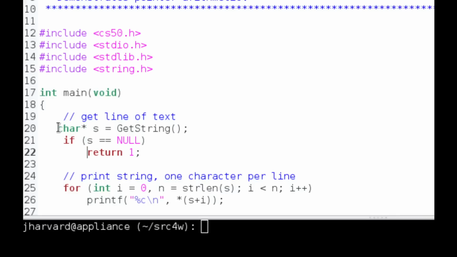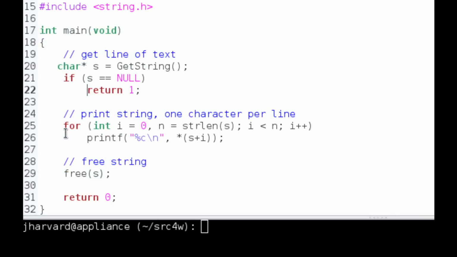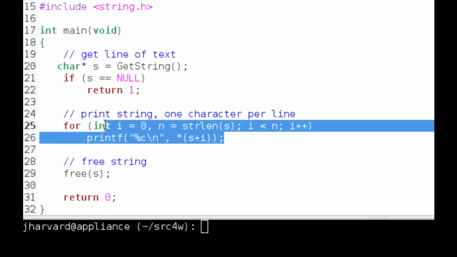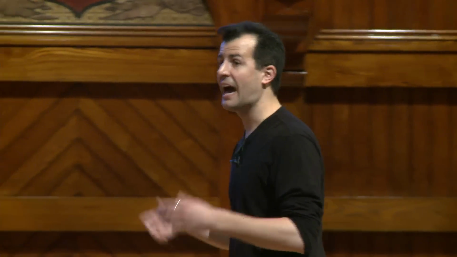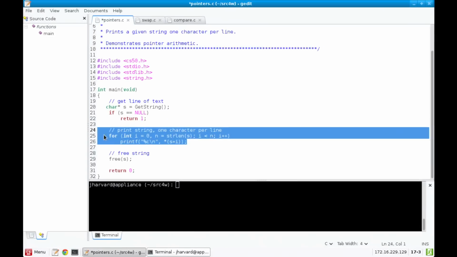All right, so we've gotten a string and we've called it s. And then down here, notice that I'm doing actually a little bit of trickery. This is called pointer arithmetic, which is sort of super simple. It just means add and subtract numbers to pointers. But this actually works. This program apparently prints the string s, one character per line, such that the end result,